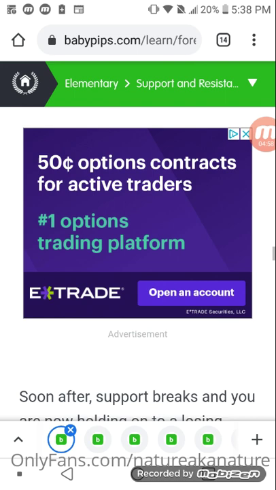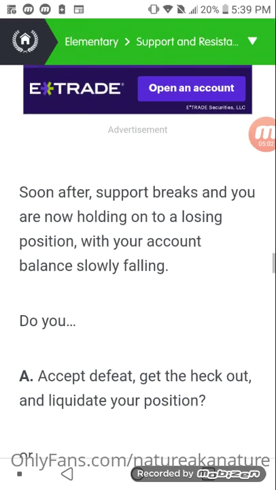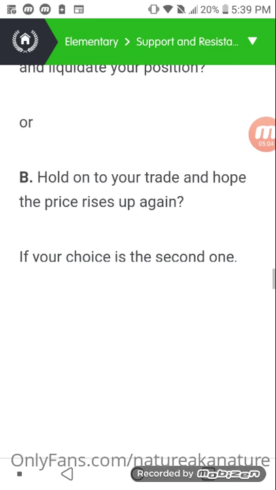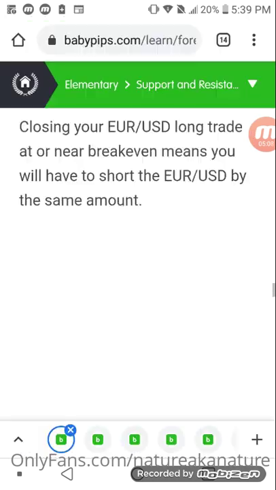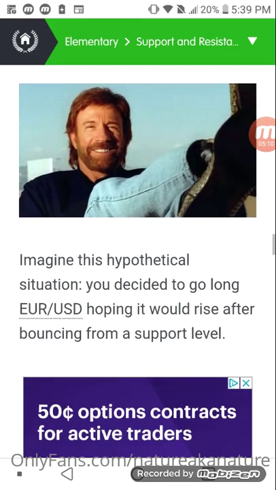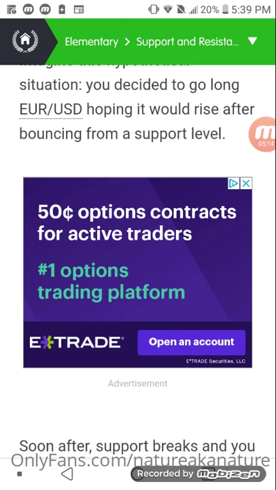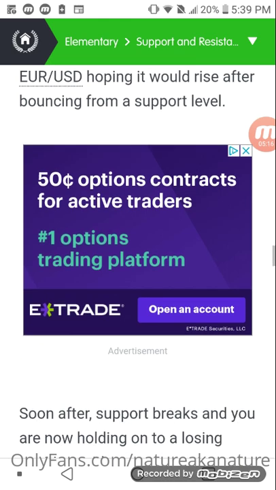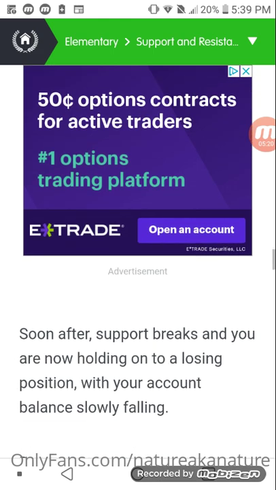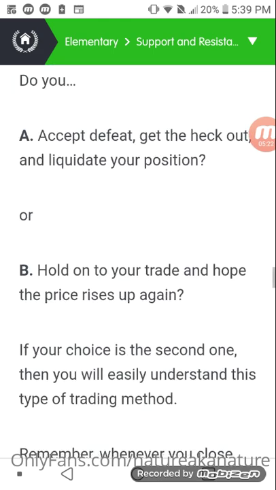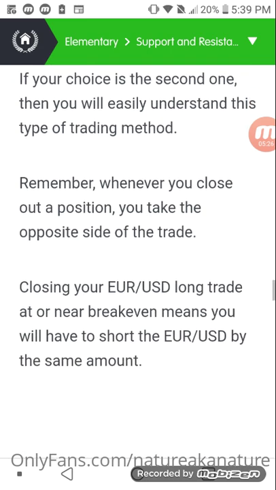soon after you see the support break. Sorry about that. The conservative way to play the break is to wait for price to break through. Okay, so once price breaks through,